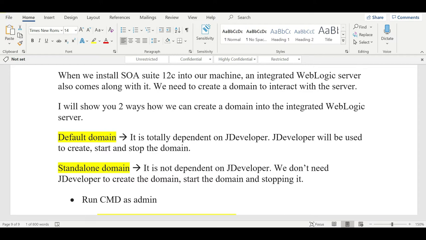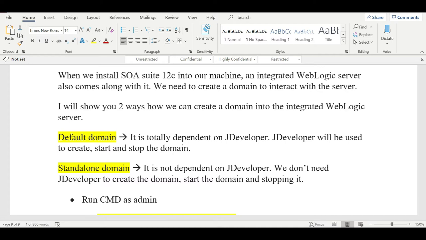But I do prefer the standalone domain because it is not dependent on JDeveloper anyhow. We can create it from our command prompt, and we can control it without opening JDeveloper. So it is more advantageous than the default domain. So let's see how to create the domains.